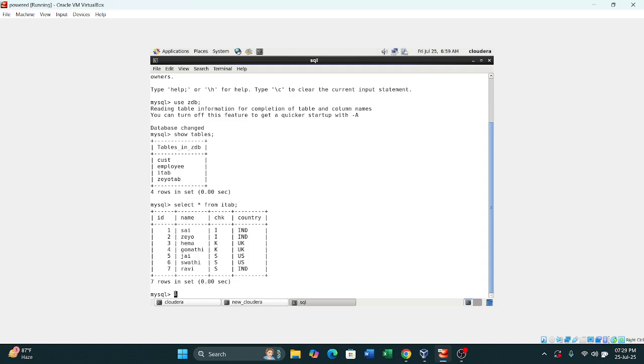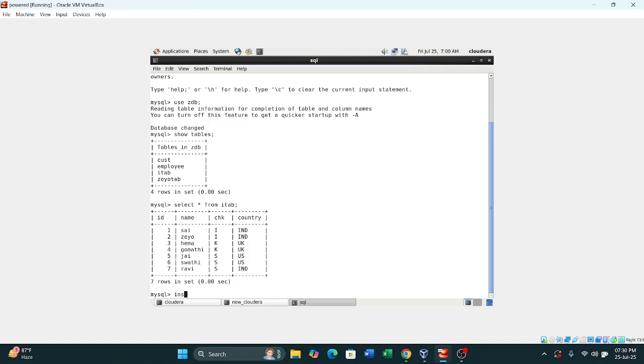Suppose two more records are added in this table on the next day. So with Sqoop job automation, the main advantage is we do not need to remember the last value all the time. It automatically appends the records which are added the next day. So